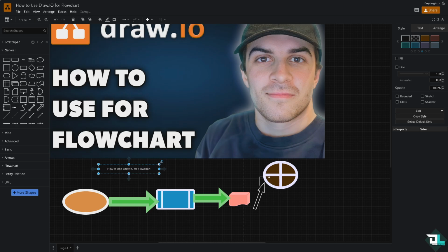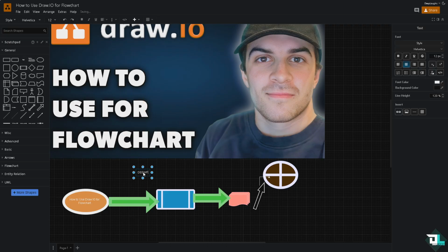Let's make it a bit bigger. Put it inside here, right? So you can also put in another text. For example, this is going to be